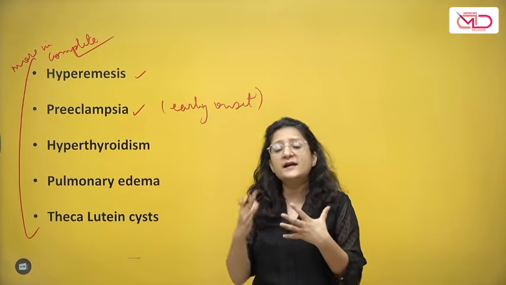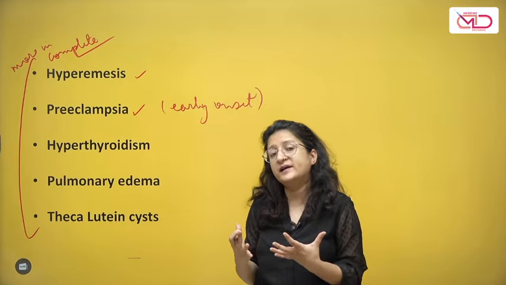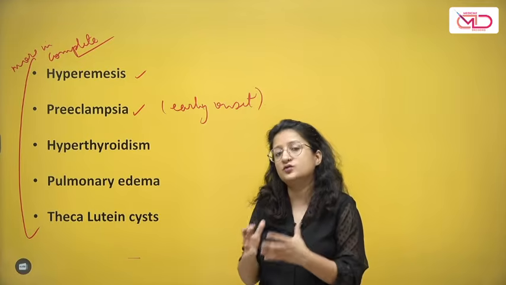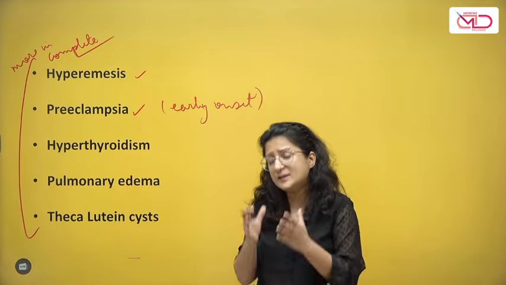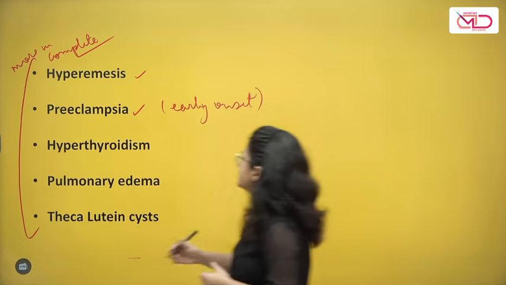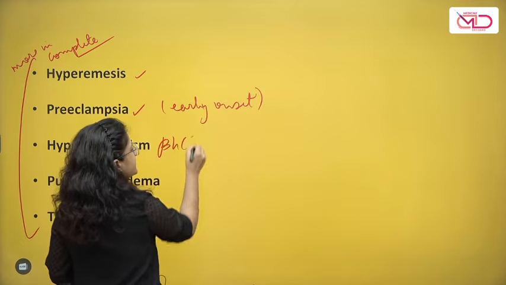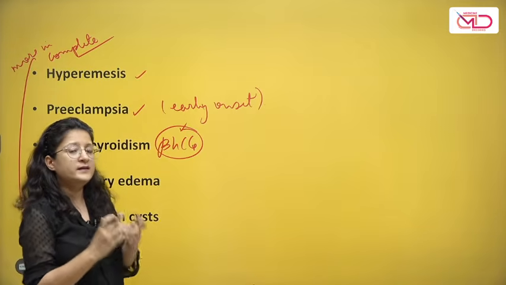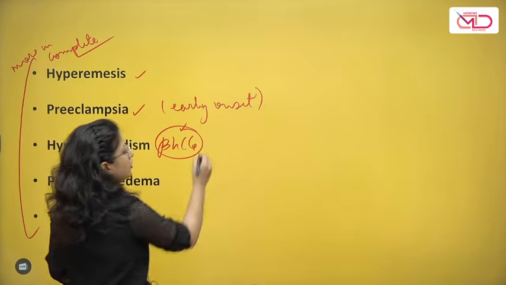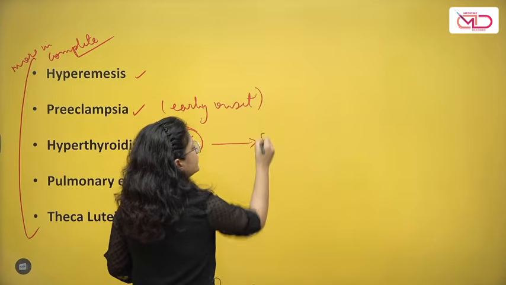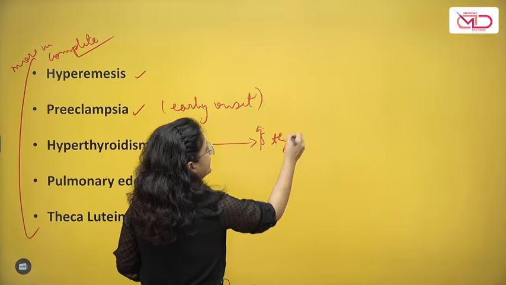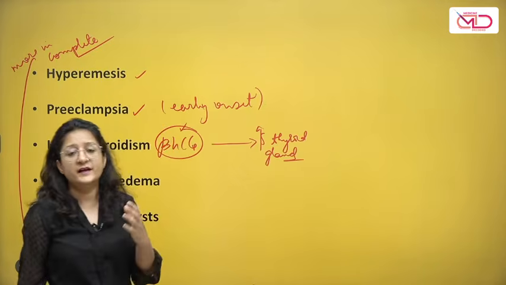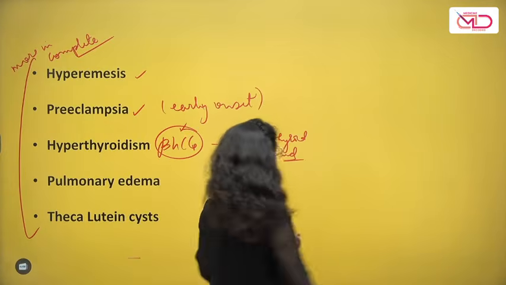Hyperthyroidism. Now, hyperthyroidism is also not seen in all cases of molar pregnancy, but yes, about 7 to 10% of cases of complete molar pregnancy can show hyperthyroidism. Now this beta HCG, you see, HCG is biochemically and structurally similar to the TSH hormone, thyroid stimulating hormone, and can then stimulate the maternal thyroid gland to secrete more thyroid hormones, leading to symptoms of hyperthyroidism, like there could